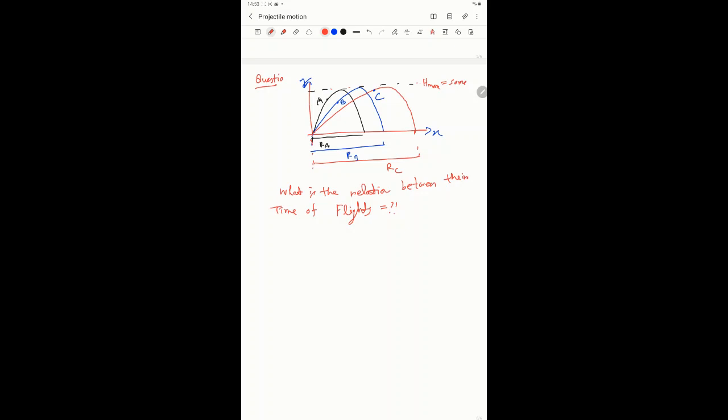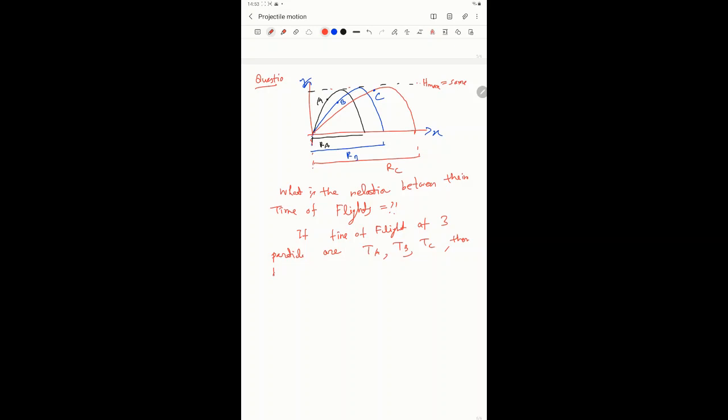How are their times of flight related to each other? That means for which particle the time of flight is greater, and for which particle it is less. If the times of flight of the three particles are Ta, Tb and Tc,